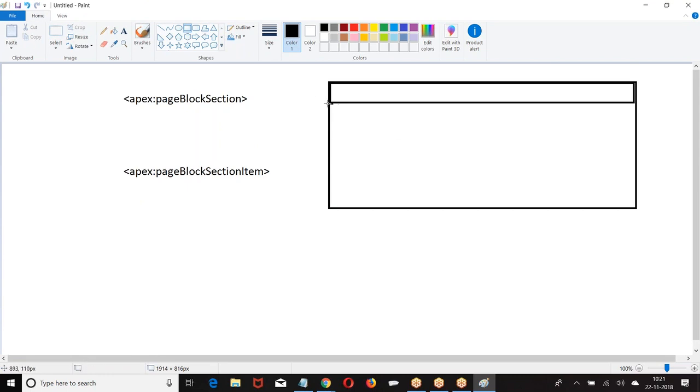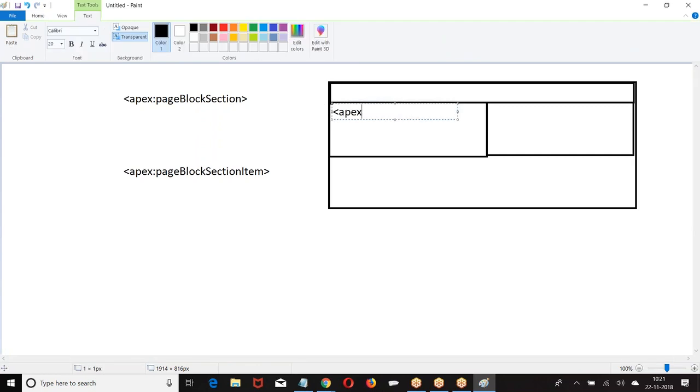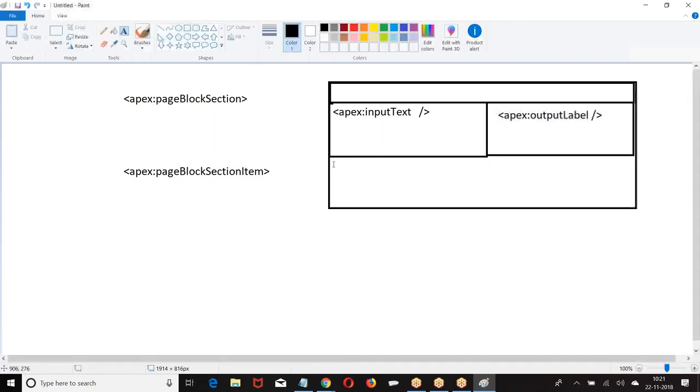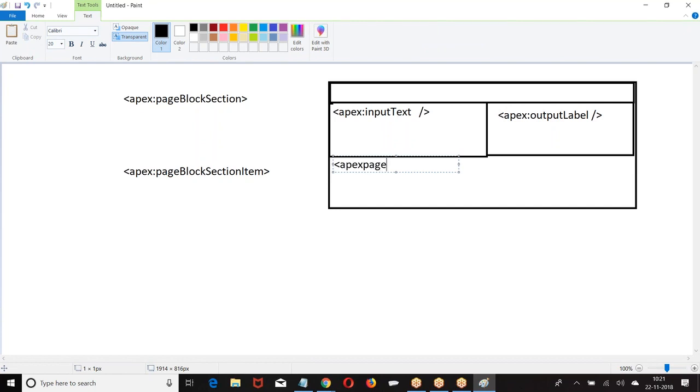When you say page block section, the section has column 1, column 2. In the page block section, only one element can be printed. There can be anything, any one element. Similarly, any one element.